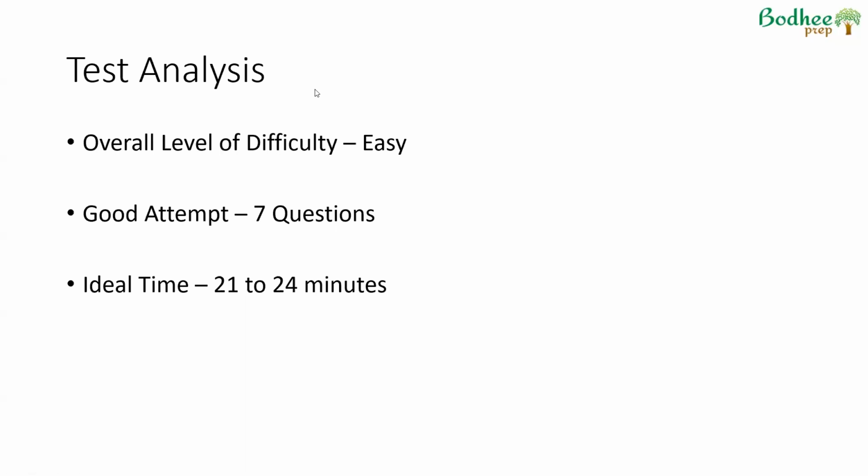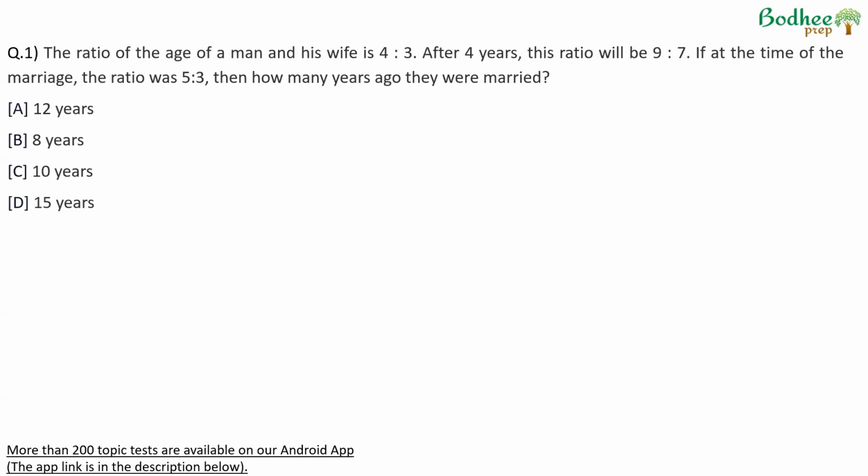Now, this is the time that you will take to go through the entire test and eventually get net 7 questions correct. A couple of questions we might not be able to do. There might be a mistake here and there, but net 7, about 24 minutes is what we should be looking at. If we now look at the questions, question 1 says